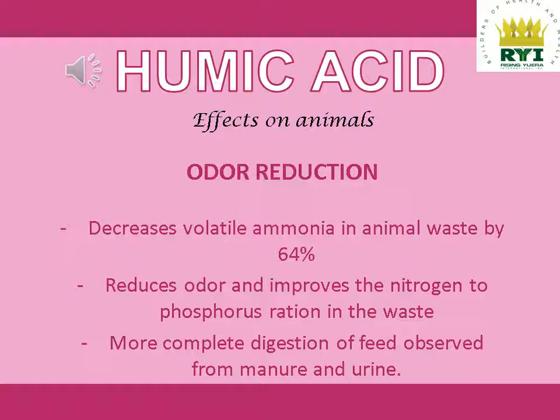Odor reduction. The great thing about Kinghumivet is that because it enhances the digestion of the animals, it enhances the nutrient absorption, it enhances the feeds that are taken by the animals. Therefore, the odor of the animals is reduced, and it can be reduced up to 64%. That's how large this percentage is. This is one of the best. This is the best thing about Kinghumivet, because